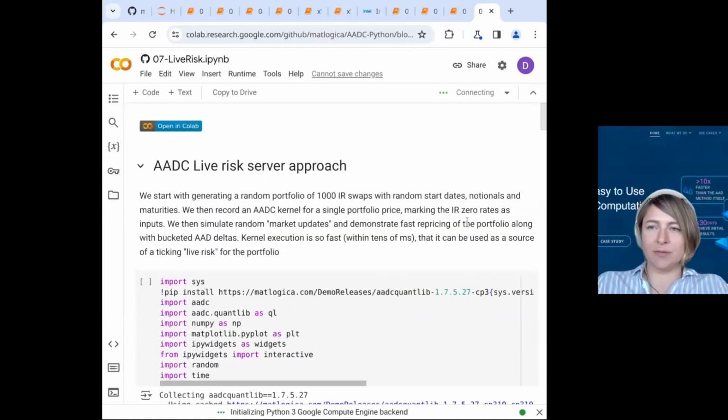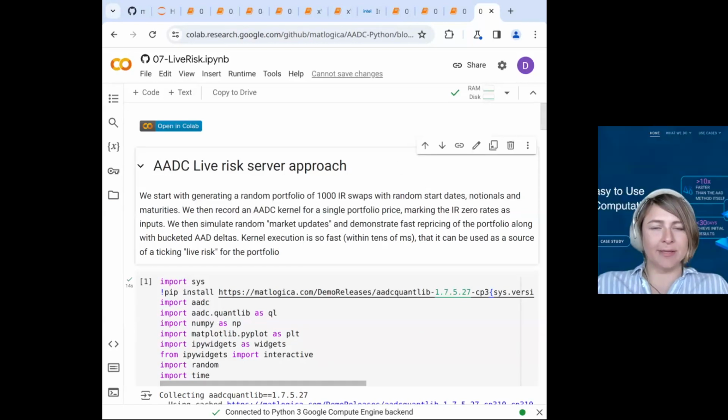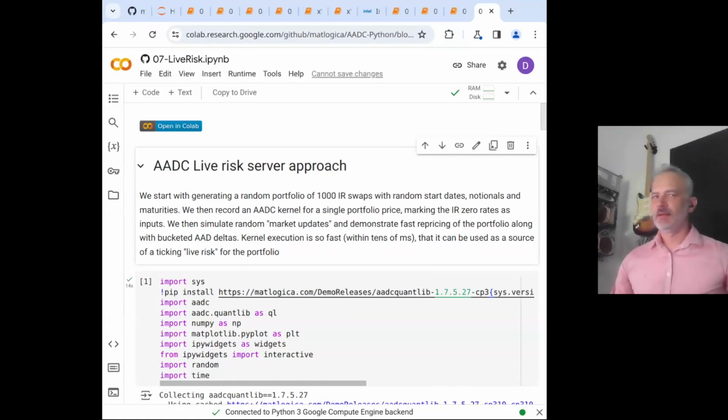I think we've covered most of that. Let me just go back to my screen. So we covered Monte Carlo and first principles. We looked at Sabr volatility, right? XVA live risk, serialization, and using C++ and Python together. And we've just had a brief look at live risk and the automated implicit function theorem, right? Yes, correct. Thank you so much.